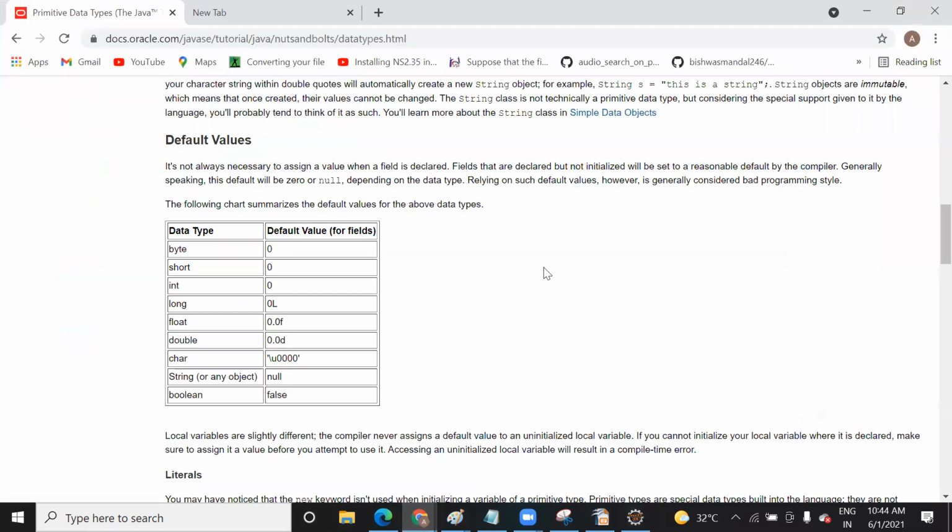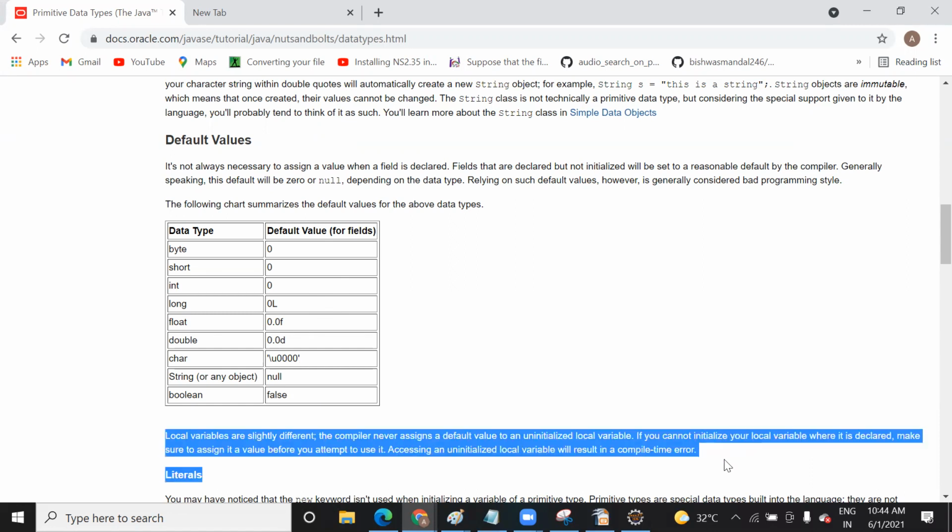This actually depends on your compiler also, and on the scenario in which you are writing, whether it is a global variable or a local variable. That's the reason we need to check it once. We can't say immediately, because as you can see here, they have mentioned that for a local variable it won't assign a value.